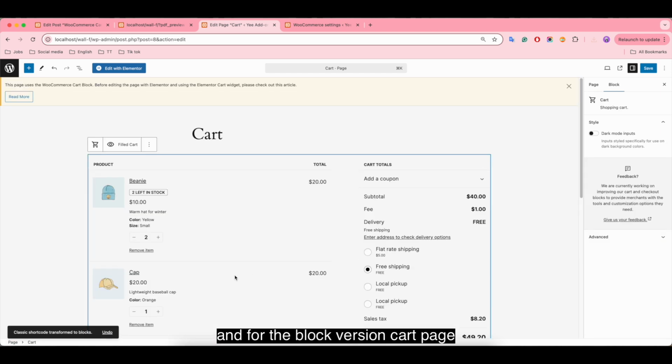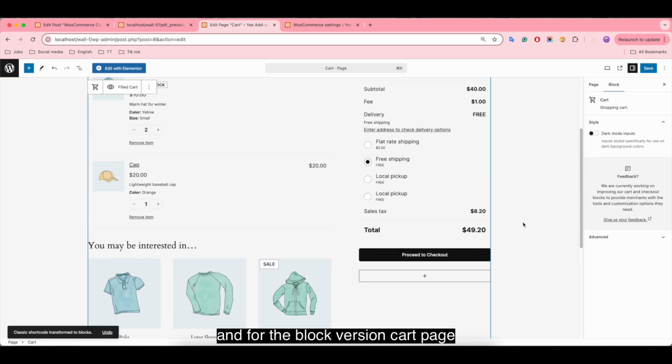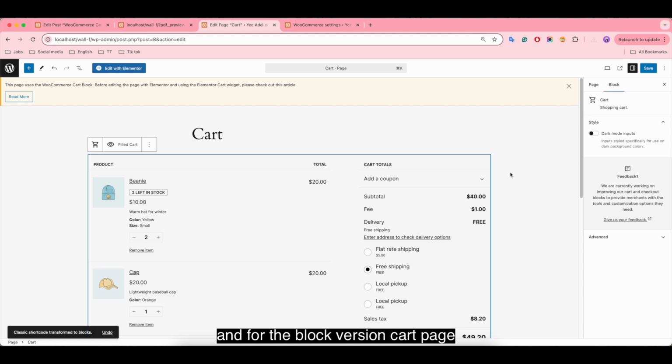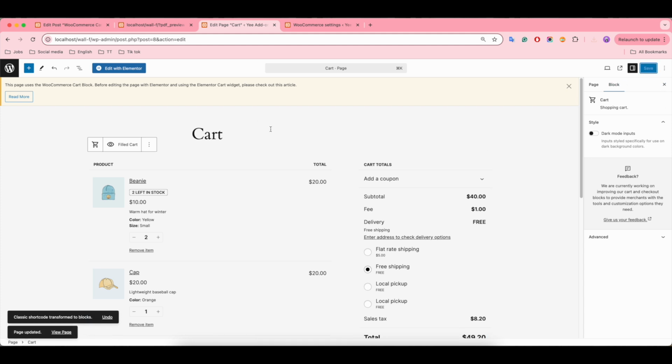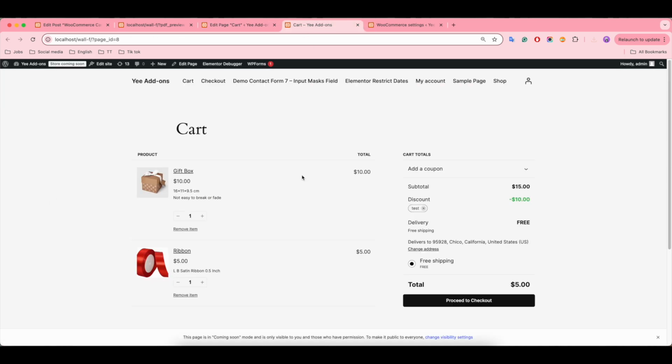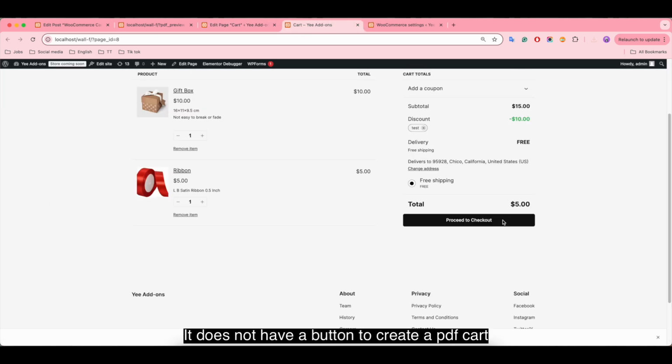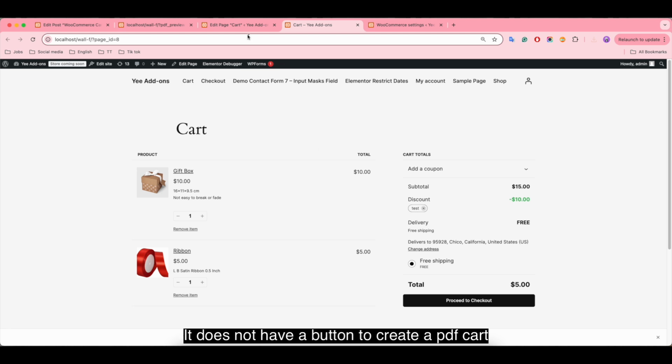And for the block version card page, it does not have a button to create a PDF card.